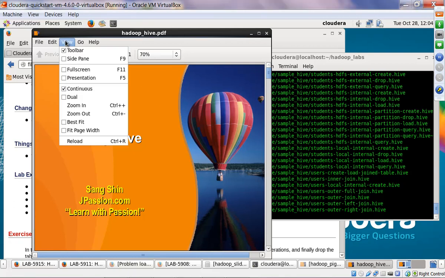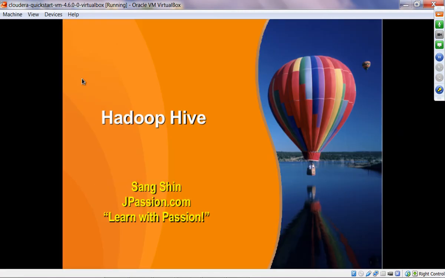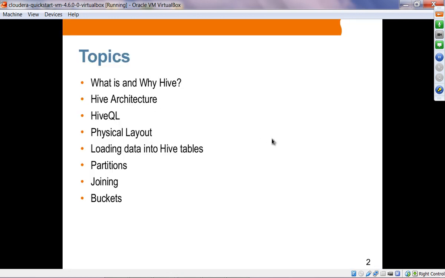Next topic is Hadoop Hive. So let's talk about the topics. Here we are going to talk about what is and why use Hive, and we'll talk about Hive architecture. And we are going to see the Hive QL language, and we are going to see the physical layout of Hive